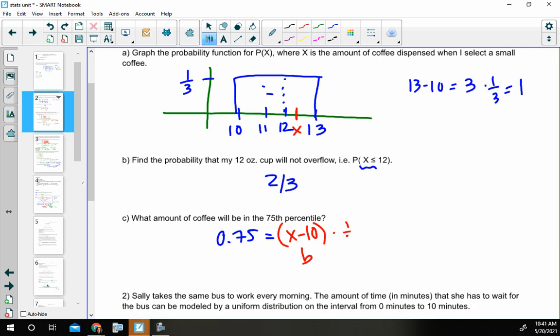1/3. Okay, so area of the base, I need to figure out how long this is. So if I do X minus 10, I would get this. Just like if it was 12.5, I would do 12.5 minus 10 to get 2.5 as the base. That's why I'm doing X minus 10, to find what that actual length is. Okay, solve for X. Here's some algebra.